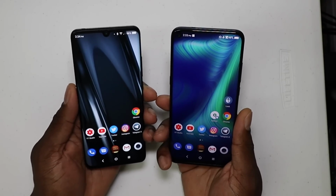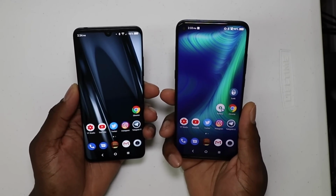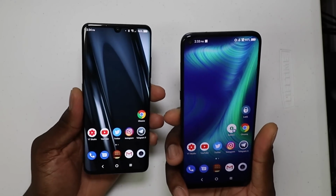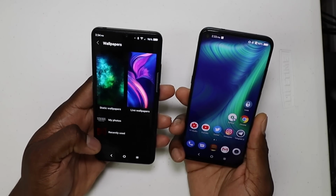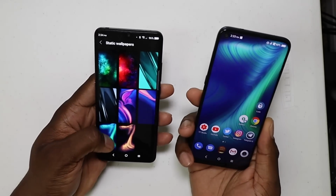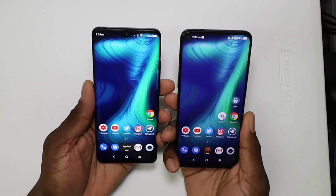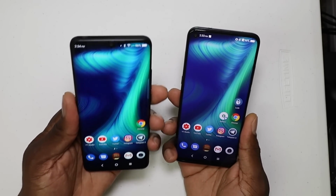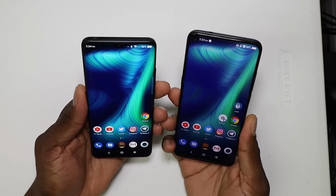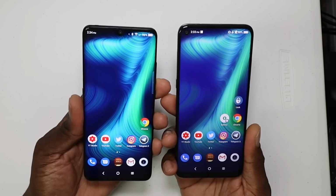I don't think that you'll be disappointed with either one, but I think they made this device for a reason. And let me change this wallpaper to match. They made this particular device for a reason. And I don't mean that in any kind of derogatory way towards this one, because this one has the much better screen. I mean, if you could see these in person, you probably can't tell too well over video, but